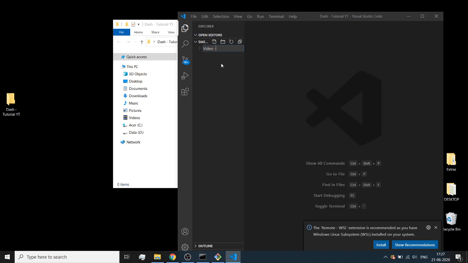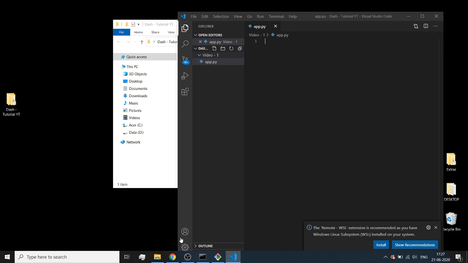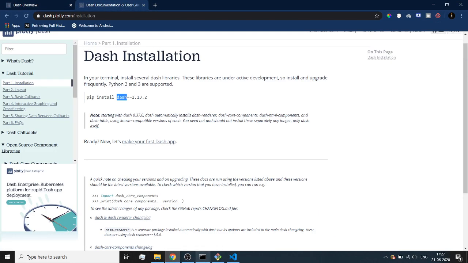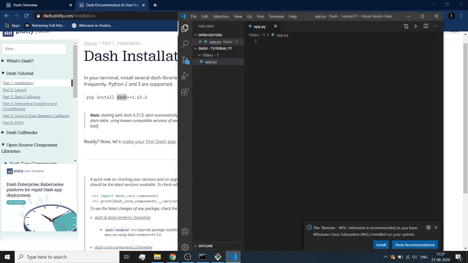So video first. And I'm going to make a file in this particular folder, and I'm going to call this file app.py.